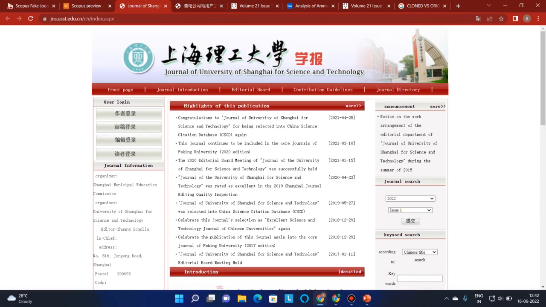In a similar way, you can also identify before publishing or before sending your paper to a journal. There are a lot of Scopus indexed journals which are cloned by many